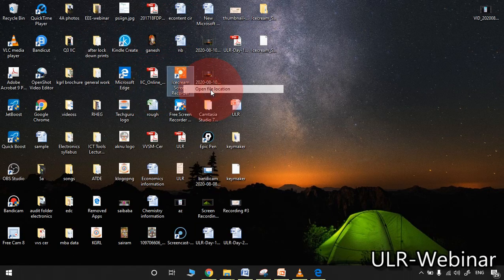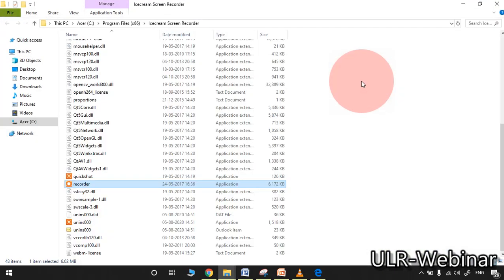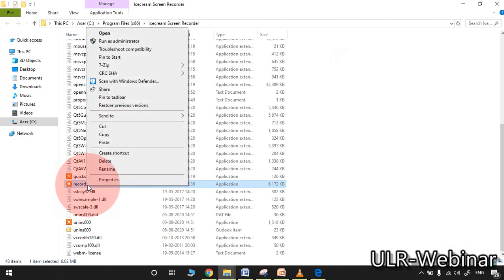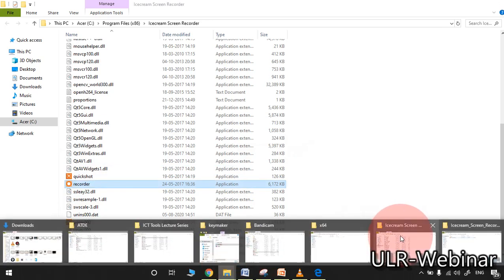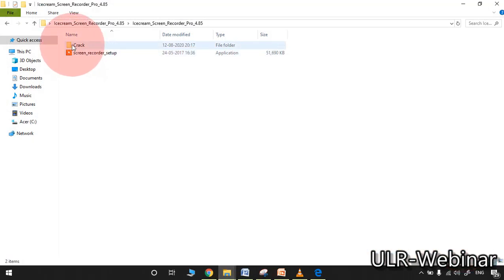Right click, open file location. So initially you will identify some recorder application in this open file location. Right click, rename. The rename is just like 1 or 1 2, anything you may modify it, and immediately you are supposed to come to this file and go to the crack version.